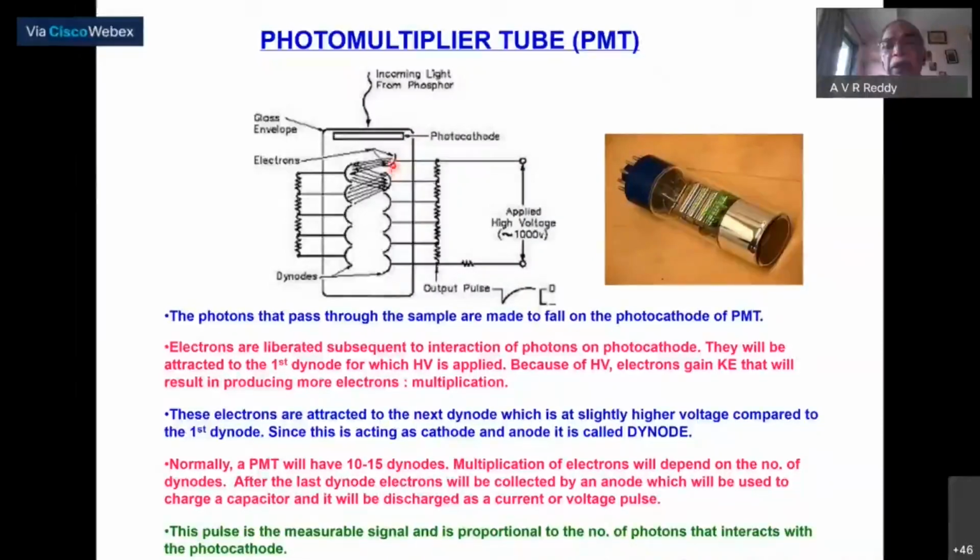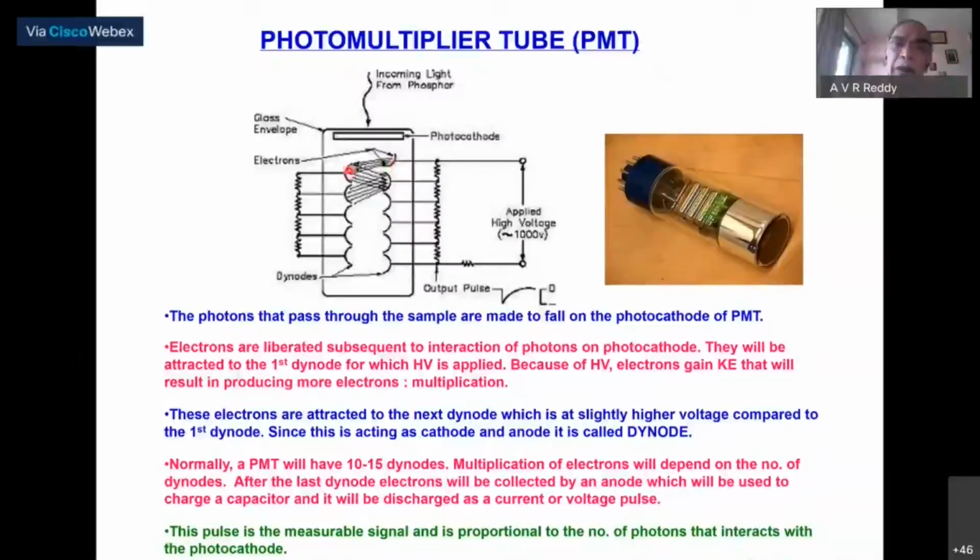Now what happens in the process is, say it is an average of 100 volts. If you are using 100 volts, whatever the photon energy, the kinetic energy gained will be charge times voltage applied. So 100 eV energy is produced. And what you need for ionization here is about 2 to 3 eV. So one electron will create more electrons here, 7 to 8 electrons, depending on the configuration and voltage you apply.